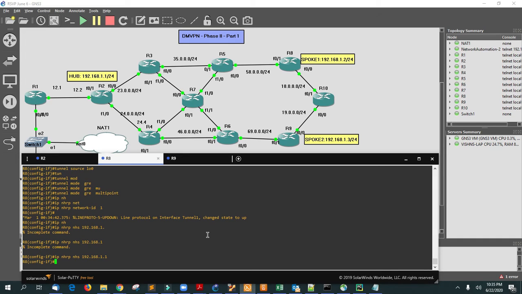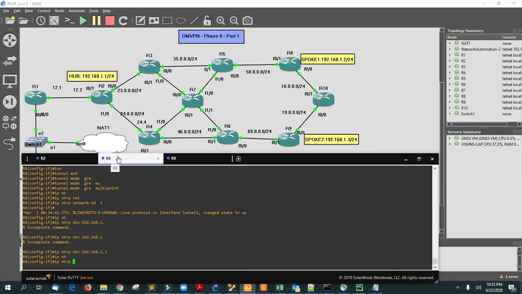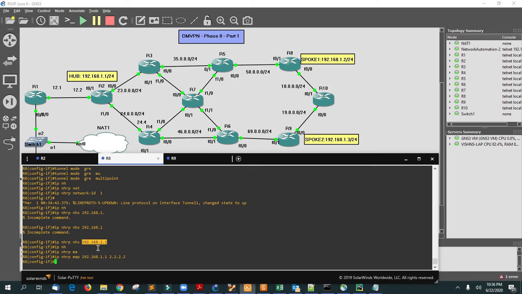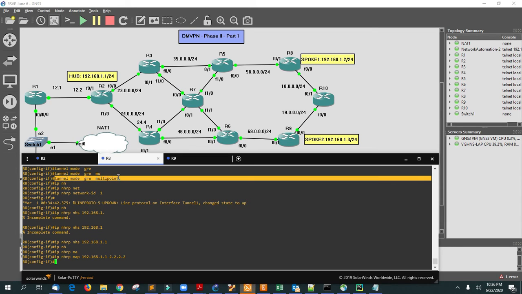Now you have to inform how to reach this NHRP address. For that, I'll be using ip nhrp map 192.168.1.1 with the help of the loopback IP of R2. The command which makes this network DMVPN phase 2 is tunnel mode gre multipoint.